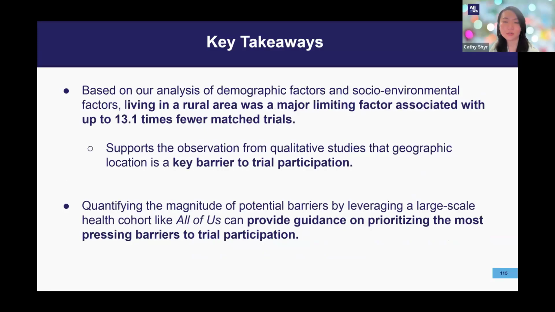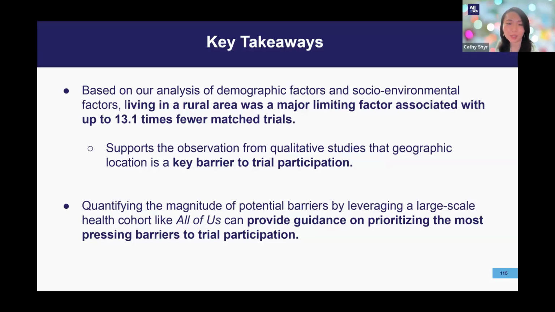So based on our analysis of demographic factors and environmental factors, living in a non-metropolitan area was a major limiting factor that was associated with up to 13.1 times fewer matched trials for participants. And this really supports the observation from qualitative studies that geographic location is a key barrier to trial participation. So I think this really lays the groundwork for more decentralized trials and more innovative technologies to reach participants in